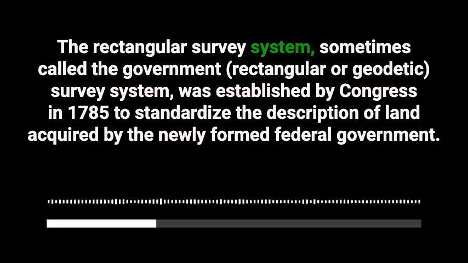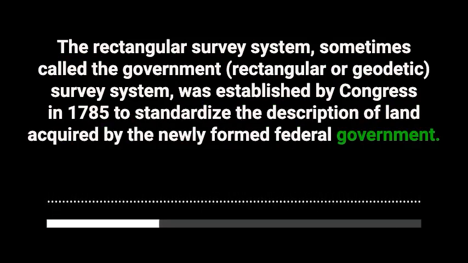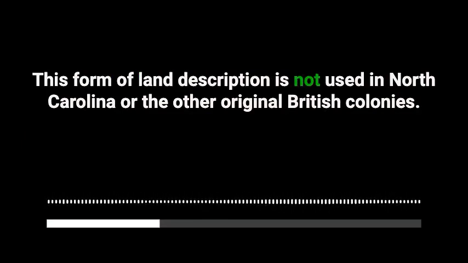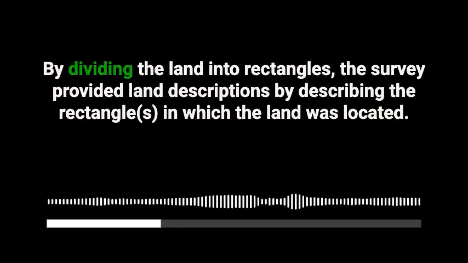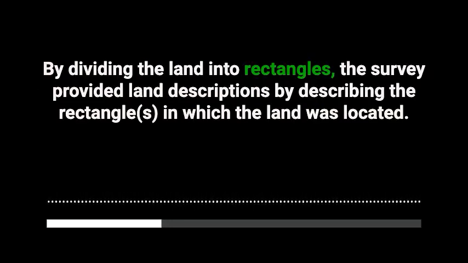Rectangular survey system. The rectangular survey system, sometimes called the government survey system, was established by Congress in 1785 to standardize the description of land acquired by the newly formed federal government. This form of land description is not used in North Carolina or the other original British colonies. By dividing the land into rectangles, the survey provided land descriptions by describing the rectangle in which the land was